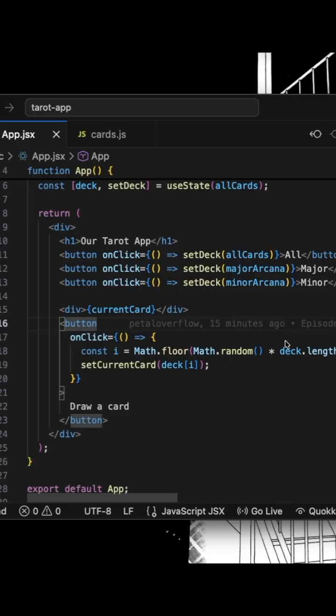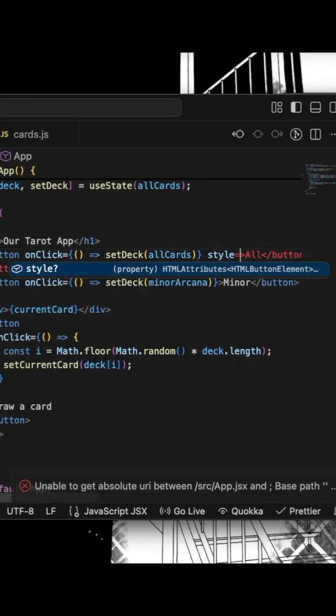I have also removed the old CSS files that we had when we created the template, but now it looks too bland, and also there is currently no way for us to know which mode we're in, right? Which mode we have chosen. It does work as expected, but there is no visual indicator, so let's fix that. Now we're going to use inline CSS so that it's visually clear which button is selected. Let's just write style